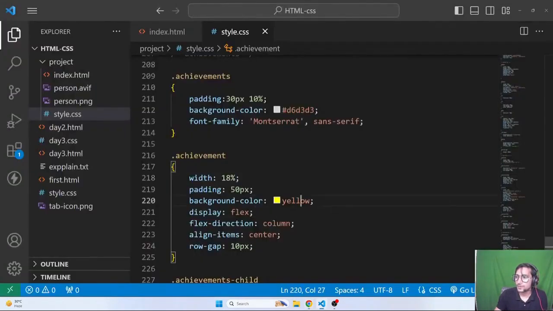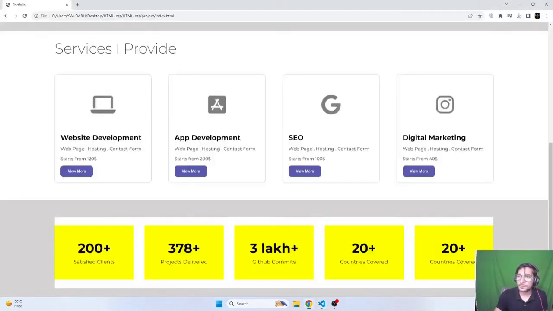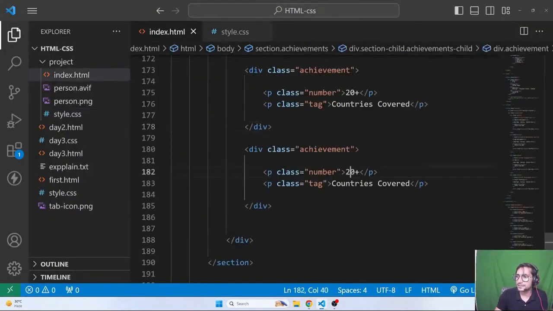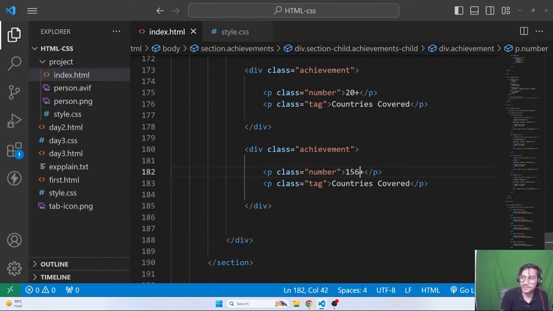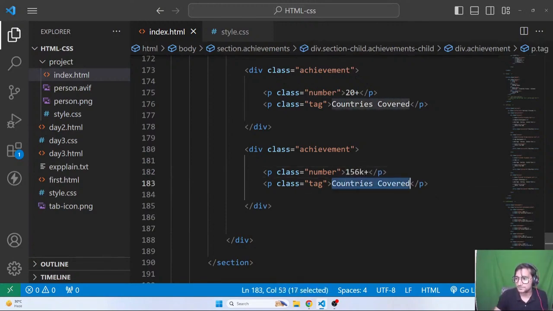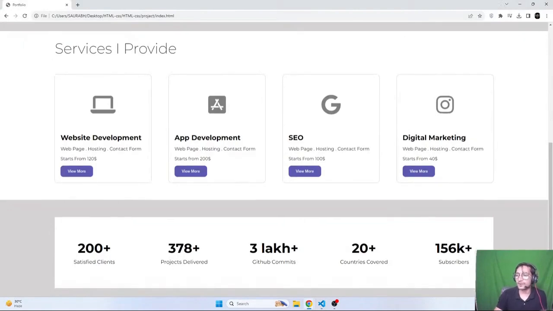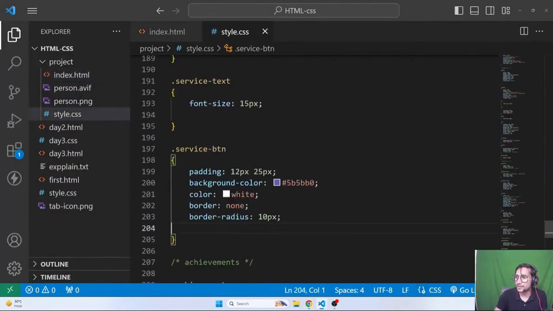Okay, remove the yellow. Now why not? Let's say this is for Let's Upgrade or some channel, so we can have 156k plus subscribers, something like that. Okay, nice. So now we have a good section, and guys, we'll go to section child now quickly and